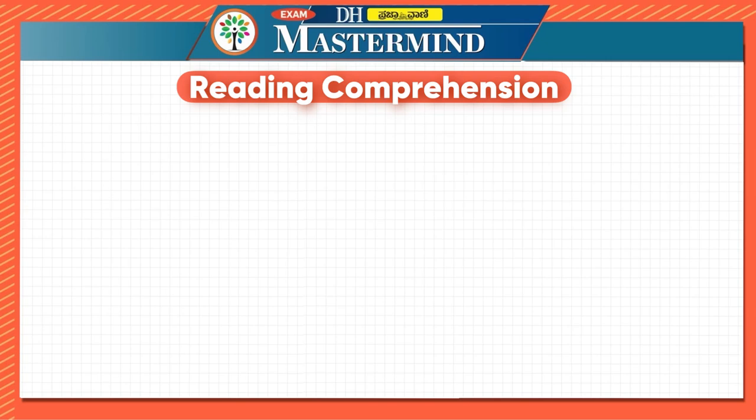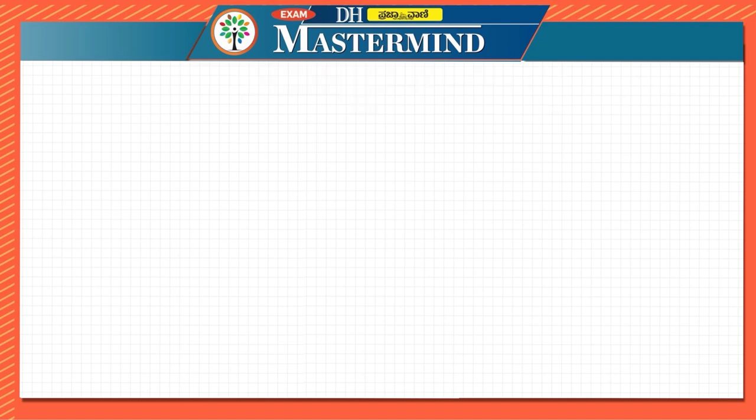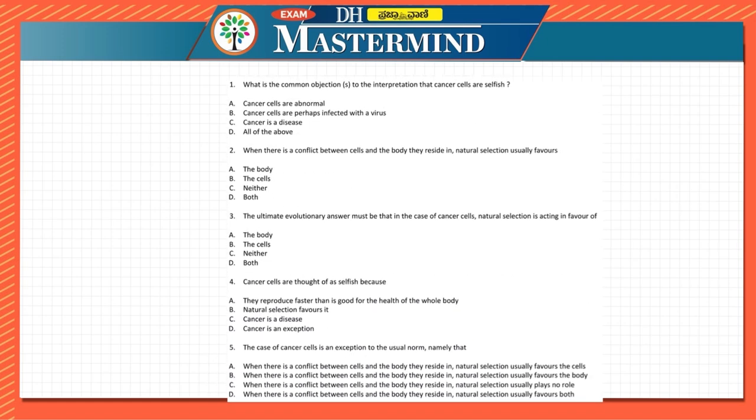So this is Reading Comprehension part 5. Till now we have discussed 4 parts in the Reading Comprehension. So this will be part 5. The same schedule which we were following before: reading the questions first, and then we'll go and read the passage, and then we'll try to answer the questions. So let us look at the questions here.